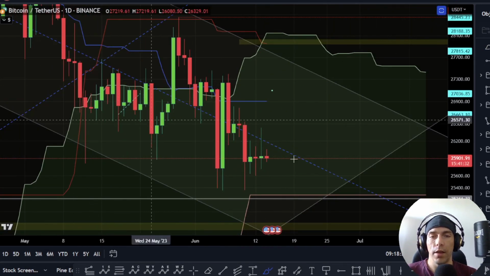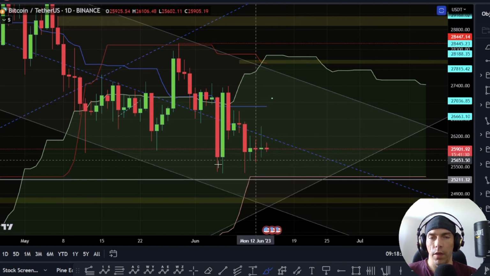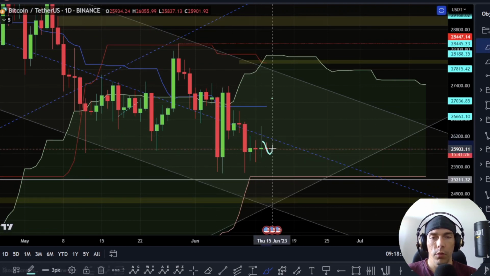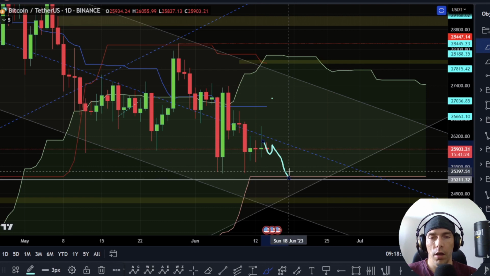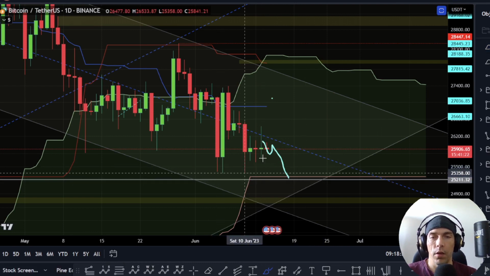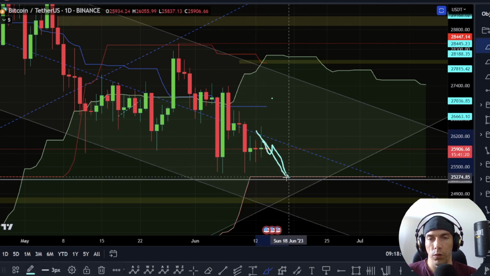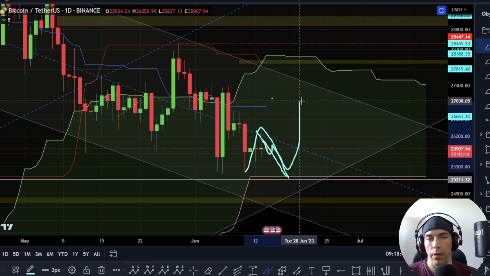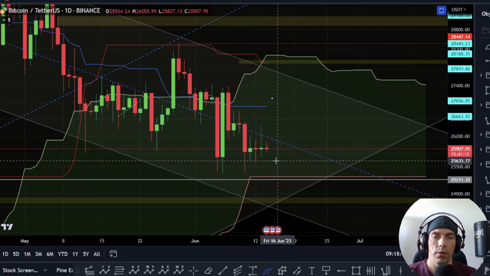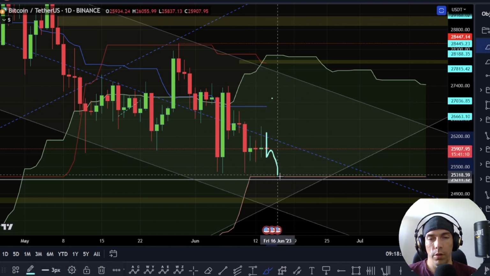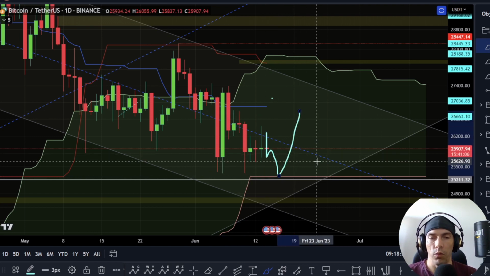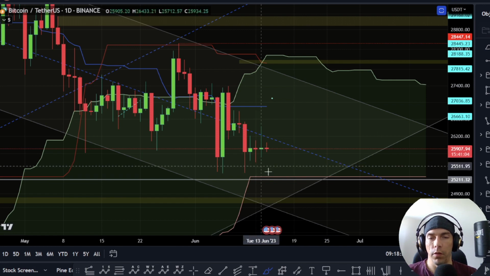Now on the daily, what we can see here is that we still have this line below us towards this 25,274. If we do see price push down here, I'd be interested to see how we react here. Potentially if we just get a small sweep of these lows here, that could potentially be enough to complete this as a B, and then looking for that C wave. So gonna have to keep a little bit of an eye on this and see whether we actually push down here, and then see whether we get that corrective move to the upside again, or whether this actually looks to